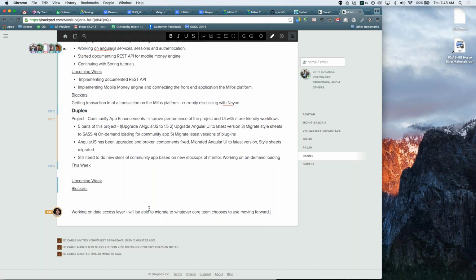Yeah, so I think, are we far enough along with the upgrades that the work Duplex has already done is stable enough? See, Duplex has already upgraded the Angular version and it all seems to be fine.